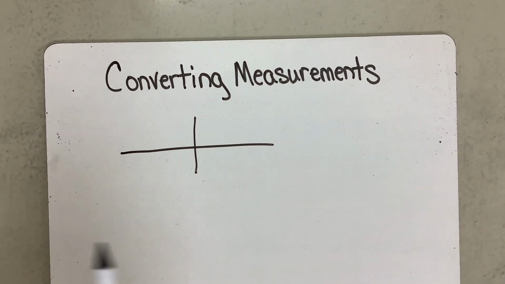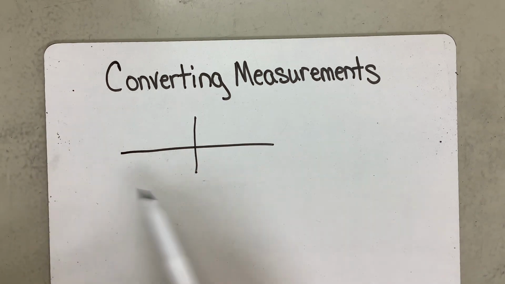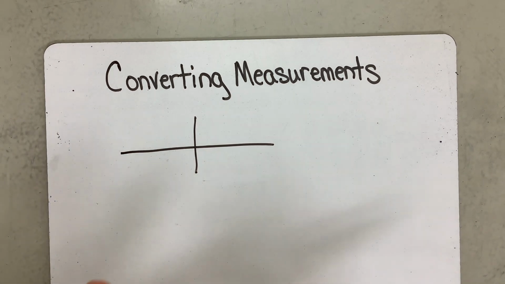The reason that I am asking students to use this is not only because they need to prove that they understand ratios and how to set them up, but because this is going to become something they're going to need when they get into upper sciences and math. And so we want to practice it now with the smaller numbers so that when they get to these upper level courses, they will be able to do the